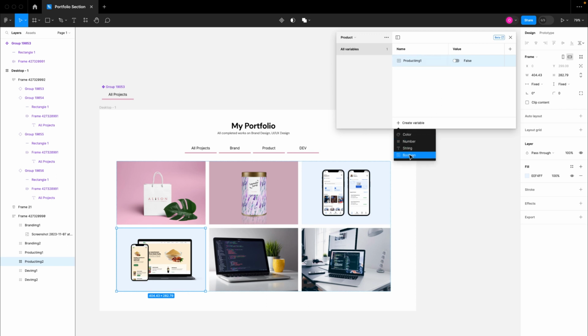And then another boolean variable is going to be product image 2. So if you have more than one product, you can go ahead and start adding that. We are then going to also log the active state. That is what we are going to be showing the user when they click on that particular button. So I'm going to say product selected,